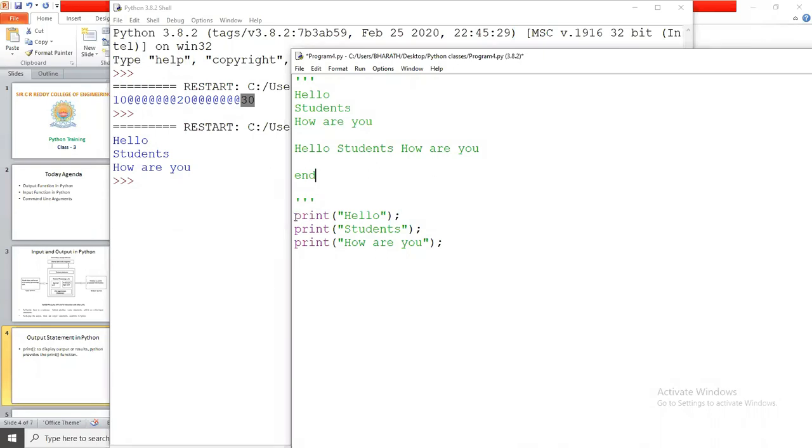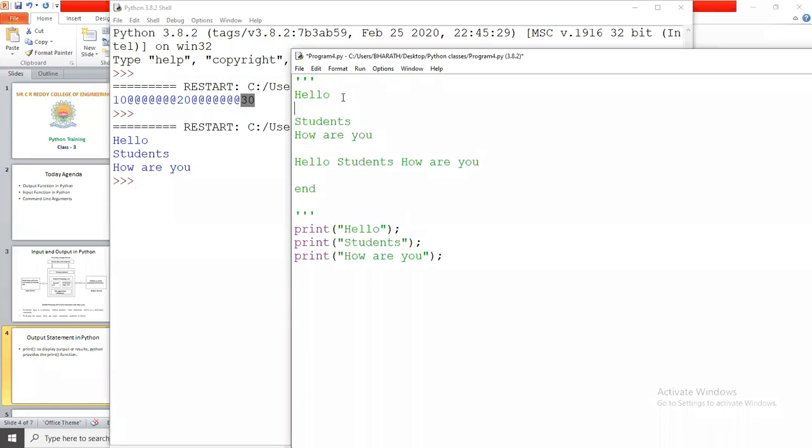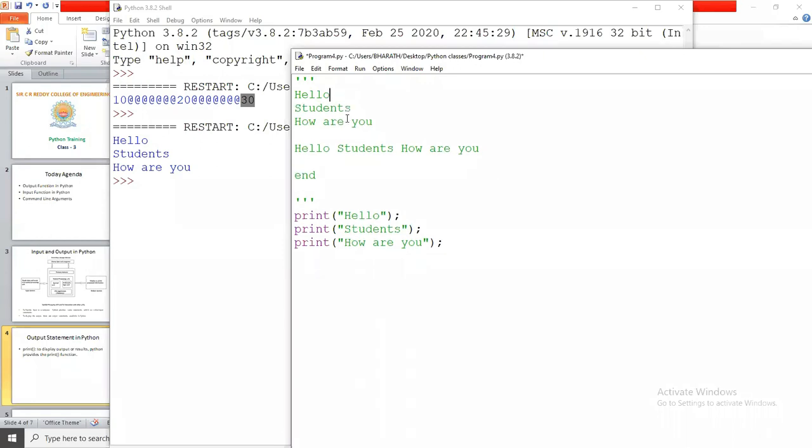Now if you observe, with print hello, it prints the content and the cursor moves to the next line. If I end this movement of the cursor, then the cursor is placed in the same location. So I am using end equals to.